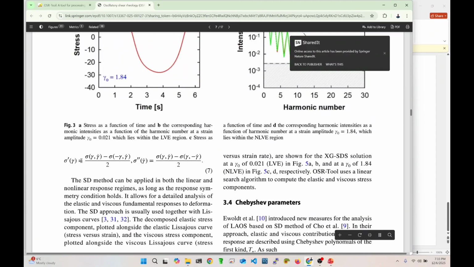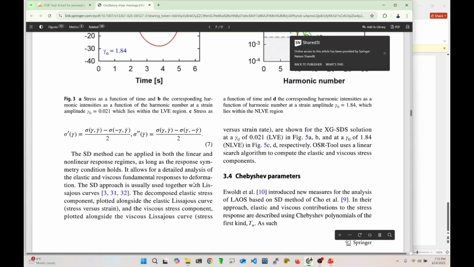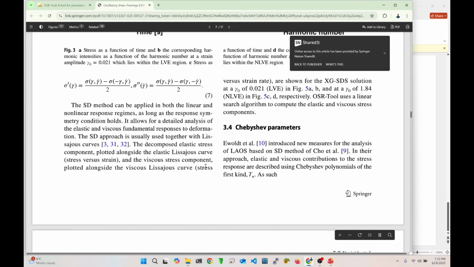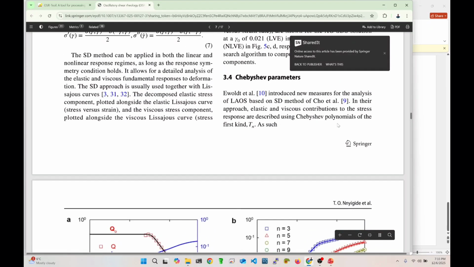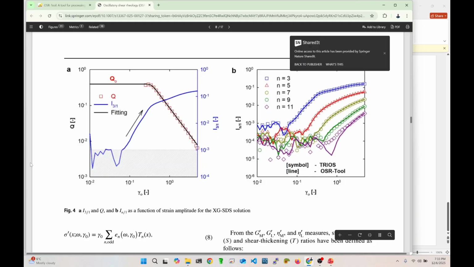So some of the analysis you can do is stress decomposition. I suggest you read this paper in detail, or the Chebyshev parameters. You can find more information via this paper. Another thing is the Q value,